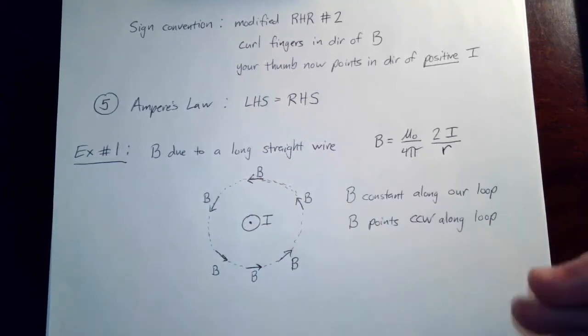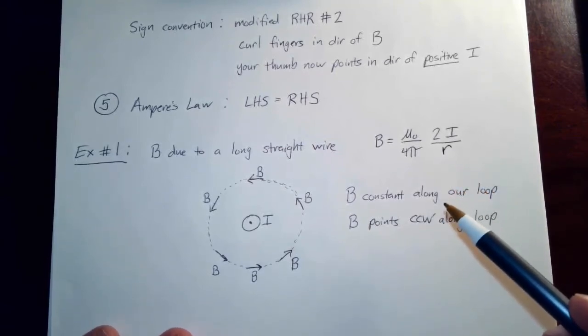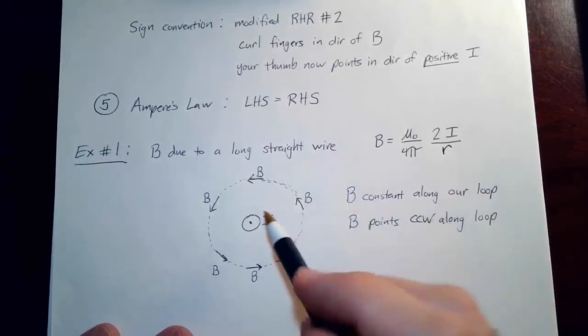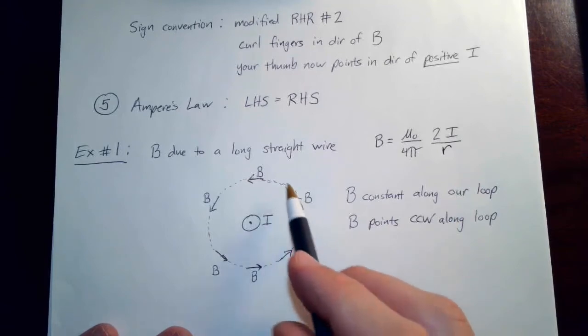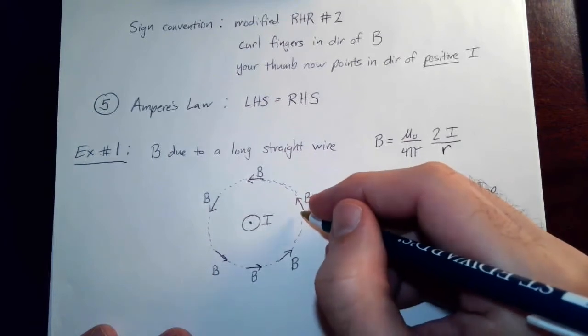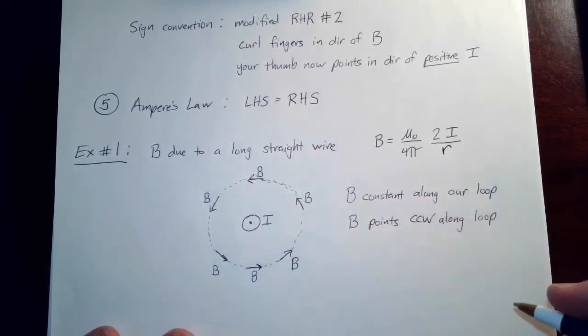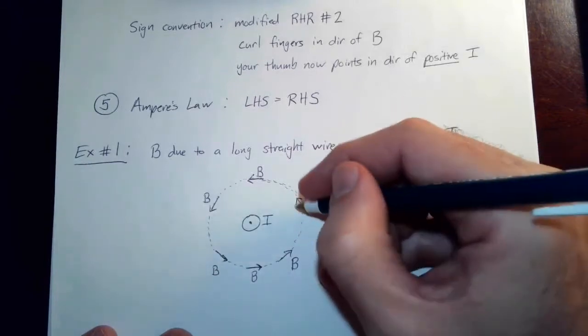Okay, now, what direction are we walking? Remember, we walk counterclockwise around this loop. So when I walk counterclockwise around this loop, what does DL look like? And remember, DL is a little vector, an infinitesimally small vector, that at each point is pointing in the direction we're walking. So as we're going counterclockwise around this loop,